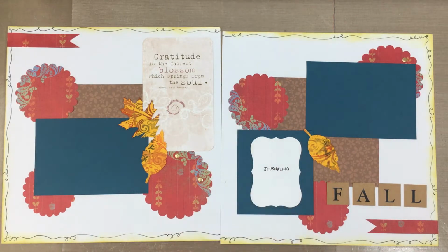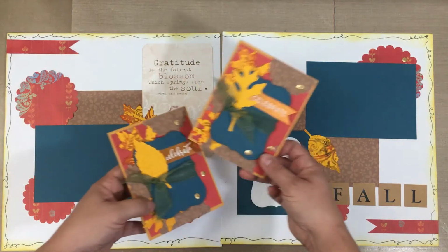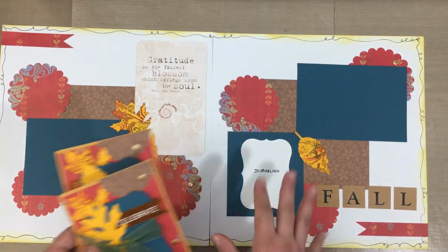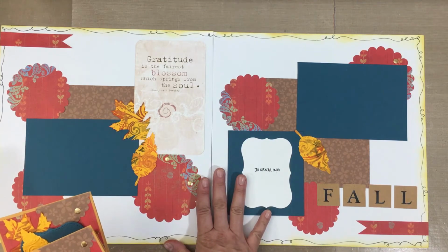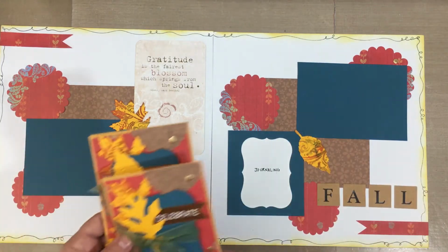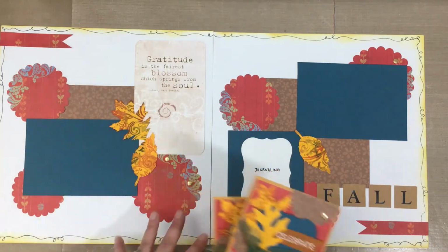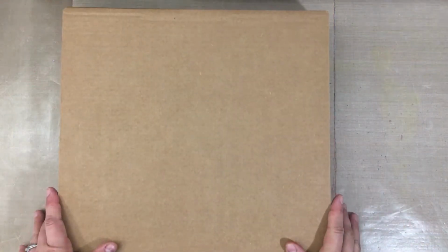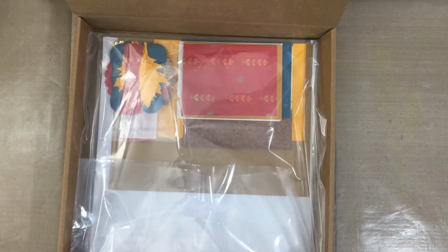This tutorial is going to guide you step by step through making the 2 cards and the 2 scrapbook layouts. And I'm going to use the brown fall floral in the tutorial today. So let me show you what comes in the kit when you order the kit. Your kit will come in a pizza-sized box, not ever used for pizza, I might add. And when you open it up,